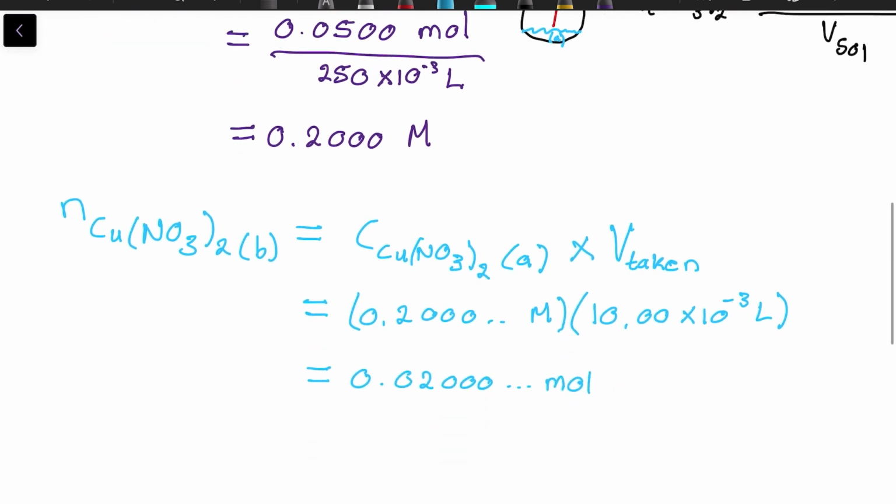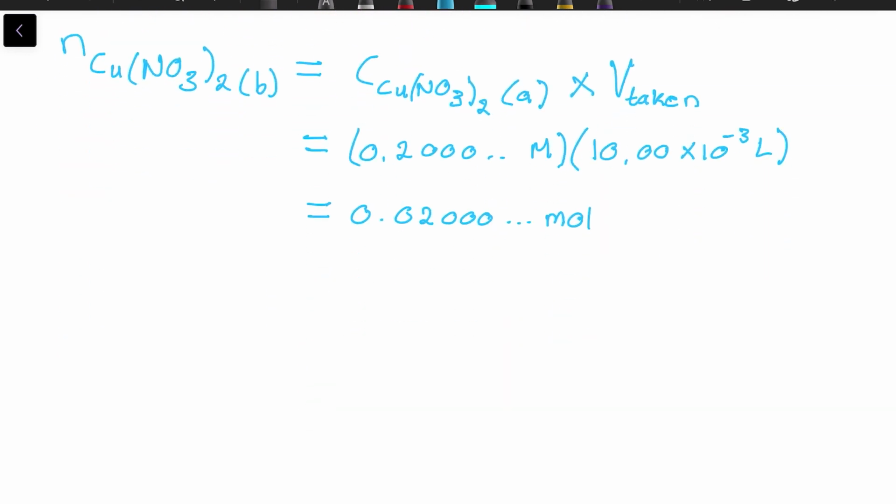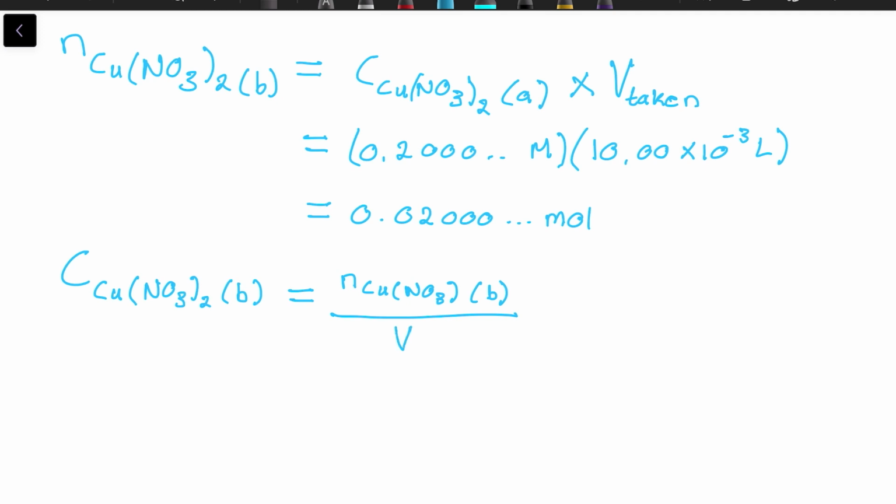In other words, we can calculate the new concentration of our solution. So the concentration of copper nitrate in B is then equal to the number of moles of copper nitrate that we've transferred to B divided by the volume of the solution. And in this case, those values are 0.00200 mole